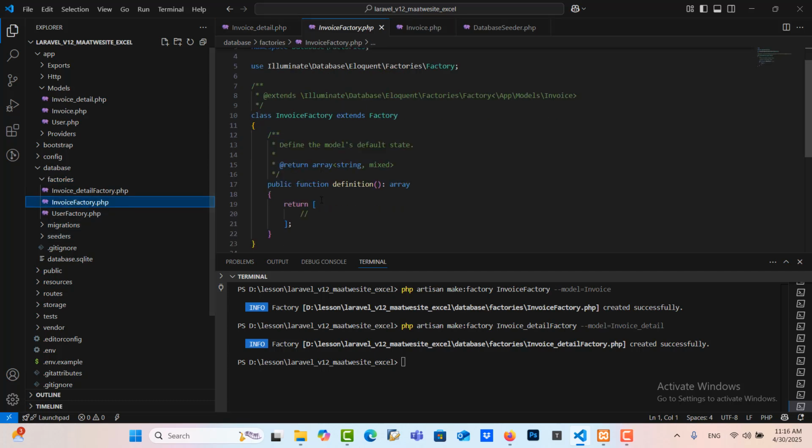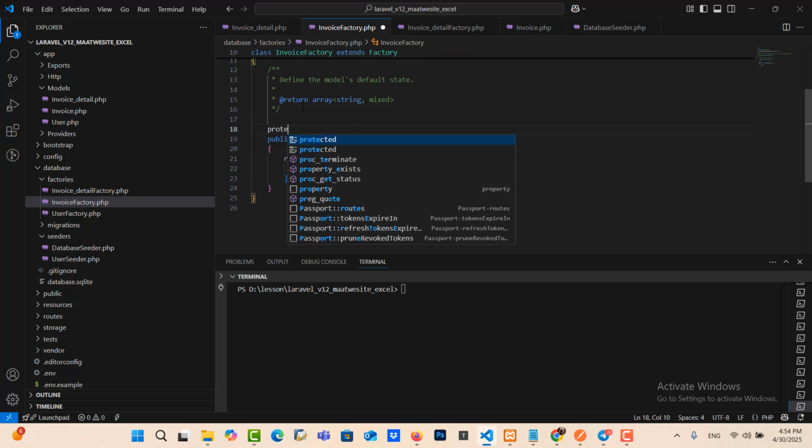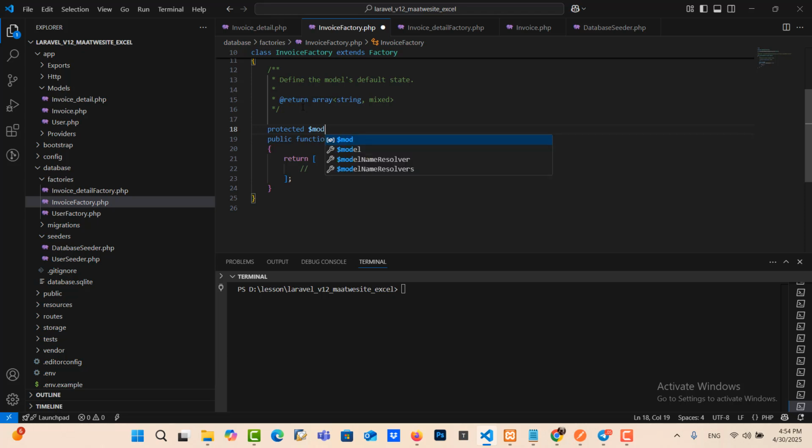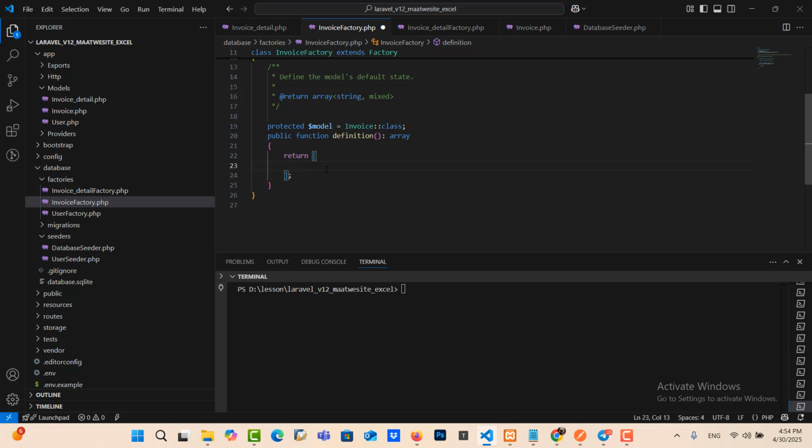We see the invoice factory and we need to write something in here. So I need to declare the variable in order to know that the factory and invoice is correct. So I need to return invoice. Okay.